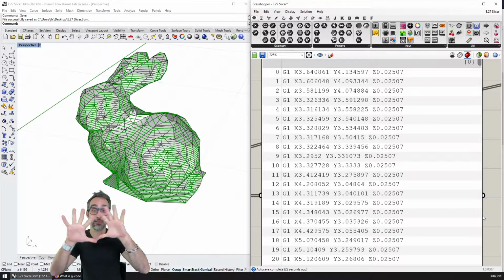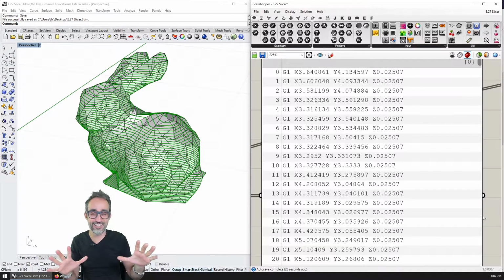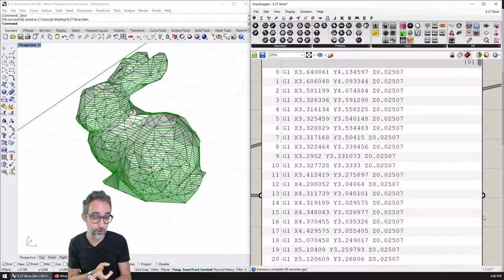Now, full disclaimer, this is not going to be a working slicer. It's not going to be a working G-code compiler because making this work for all kinds of geometry, and doing infill and overhangs and support material, and all of that is actually way more involved than we're going to see here.